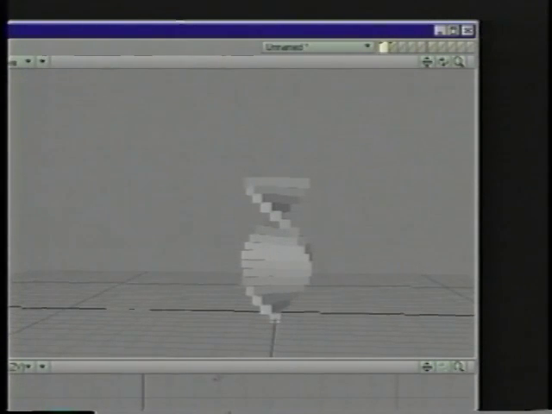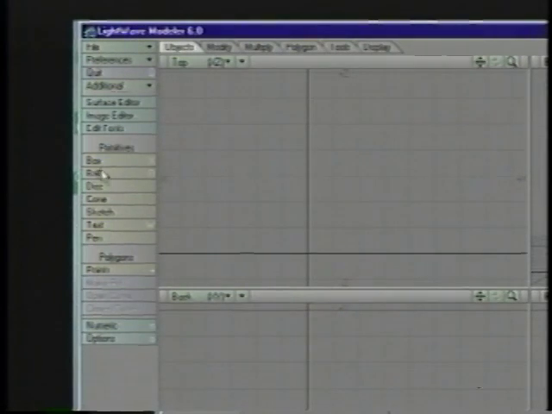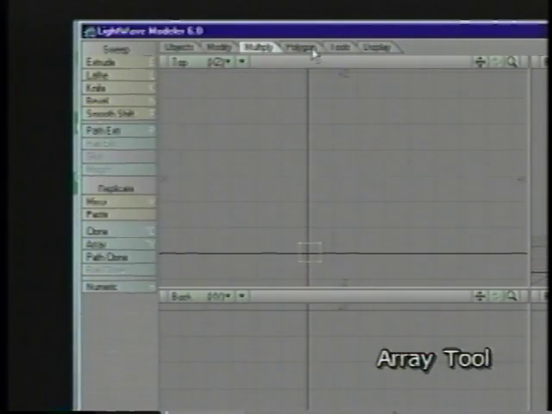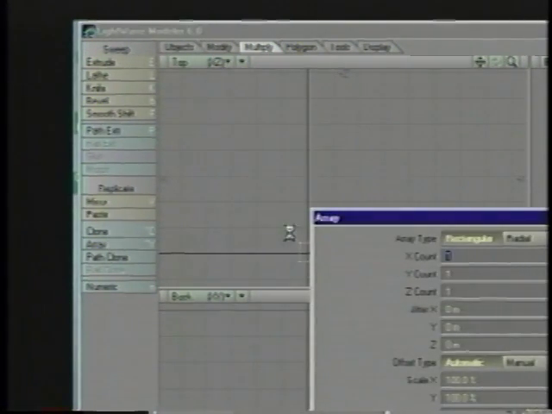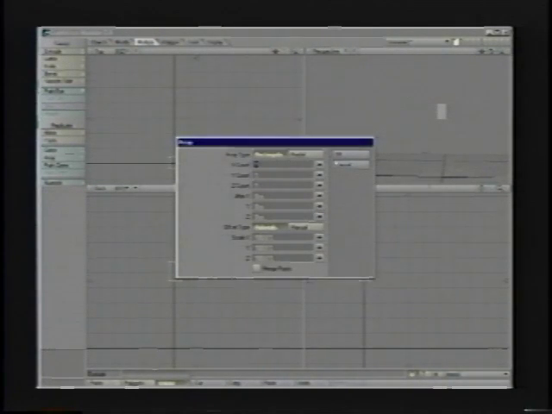Okay, next thing on our list is the array. I'm going to get rid of my beautiful spiral staircase there. Drag out my box again. And let's do an array of boxes. Now this lets me do multiple dimension arrays as opposed to clone's sort of one-dimensional array. And you can see that we have array types. We have a rectangular array and we have a radial array. If we just take a look at the rectangular type,